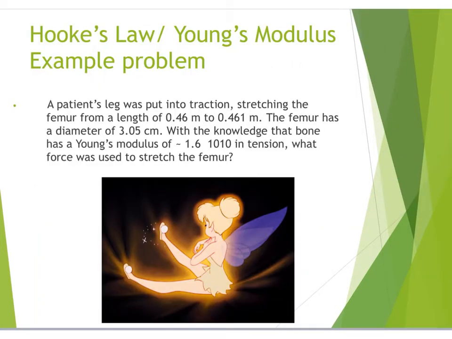Now here we have one additional Hooke's law problem to solve. A patient's leg was put into traction, stretching the femur from a length of 0.46 meters to 0.461 meters. The femur has a diameter of 3.05 centimeters, with the knowledge that the bone has a Young's modulus of,